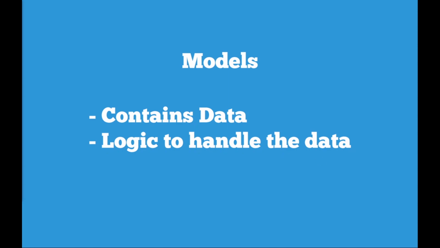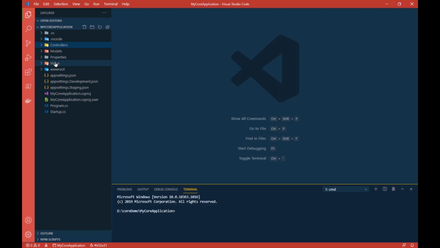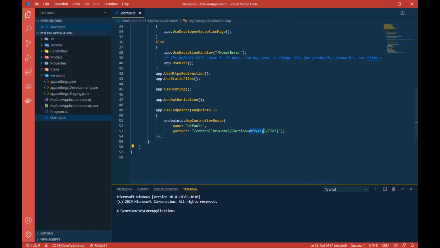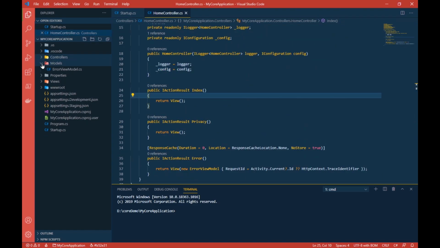So for that, let's head over to our Visual Studio. Okay, so this is our project that we were working on, and if you remember, we have a few changes from our previous video. So let me just quickly go ahead and revert those. Okay, so how can we create a class that contains data as well as the logic to handle that data? Basically, I'll come to this Models folder. It is not necessary that models need to be in a Models folder, but this is done for readability, so that you know where your models are.